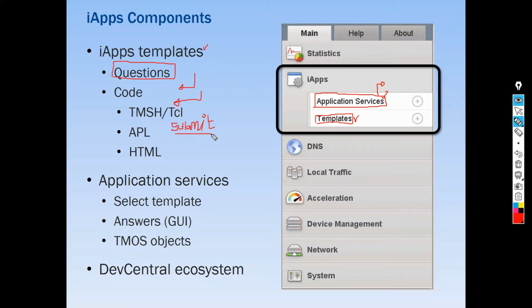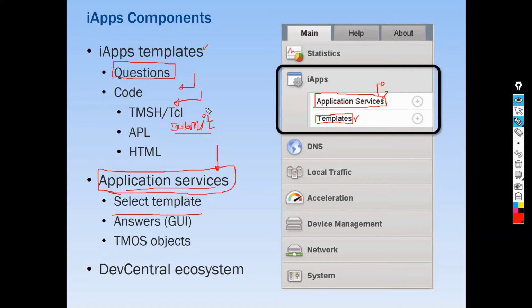The output, we call it application services, or IAP in simple terms. The application whichever you have deployed can be seen, and that itself is also called application services.